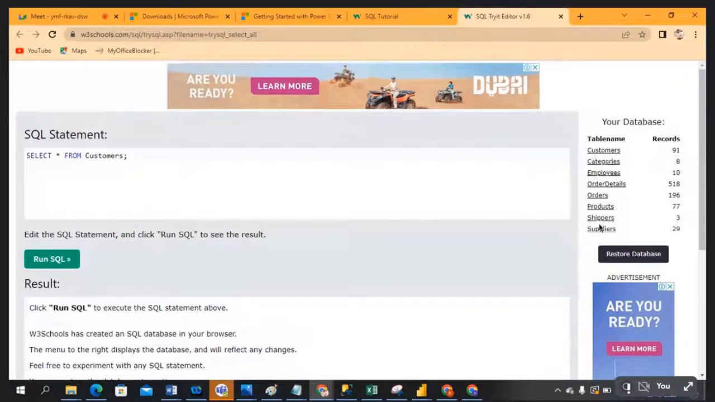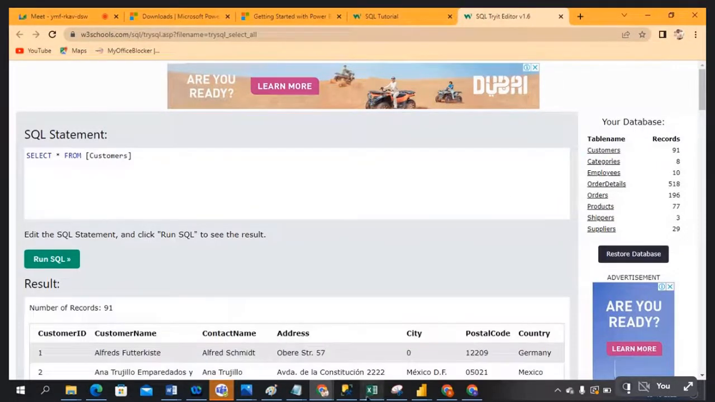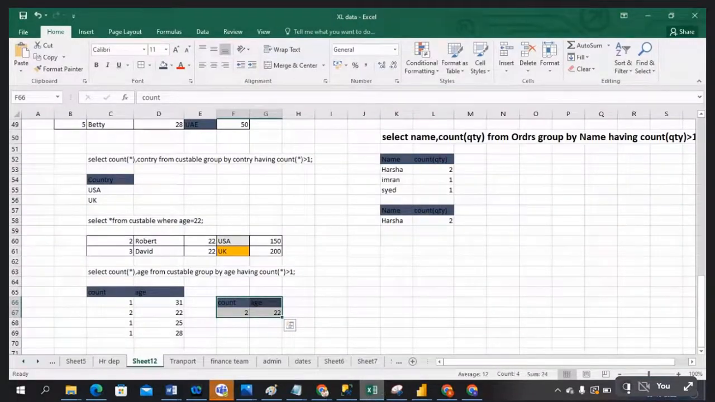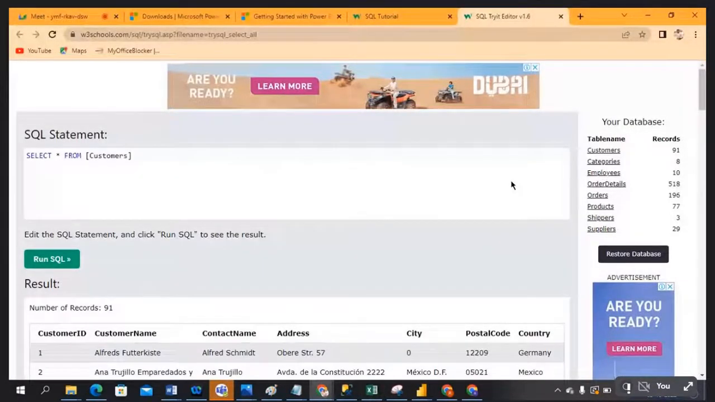The same tables I have taken into SQL Server, guys, because I can't take these tables directly from here to Power BI. So what I have done is taken each table individually in Excel. The same data, how can I pull into Power BI? Through SQL Server I can take it. For example,